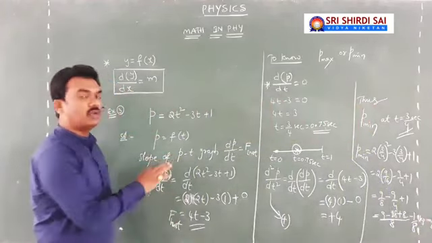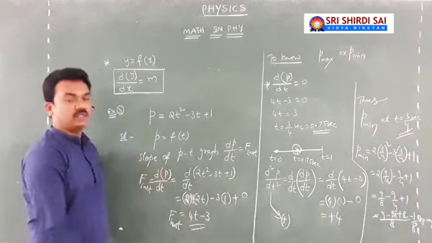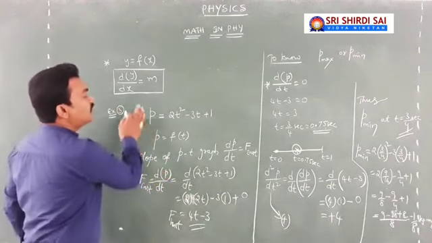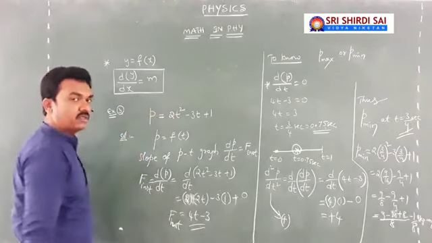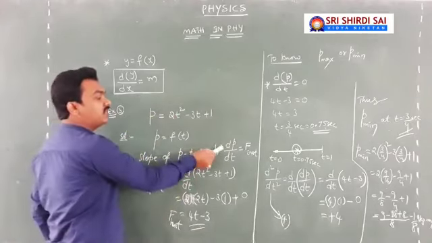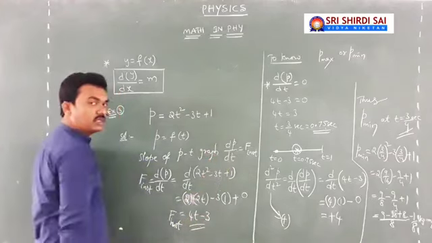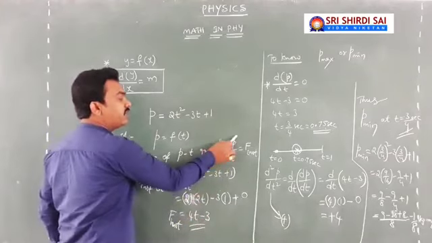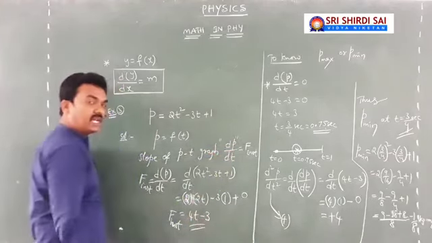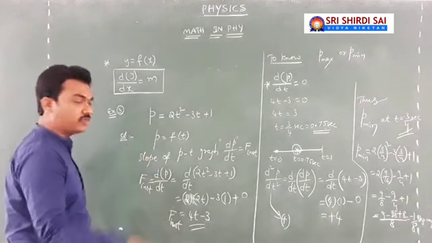This is how you need to handle the concept of differentiation. See, I have taken the momentum as a function of time. Then the rate of change in momentum with respect to time will give the force. As it is, dp by dt will give instantaneous force. Delta p by delta t will give average force.